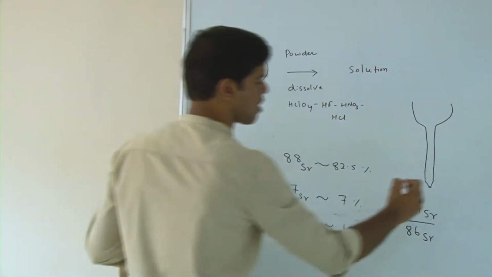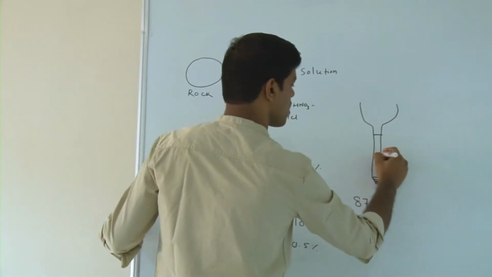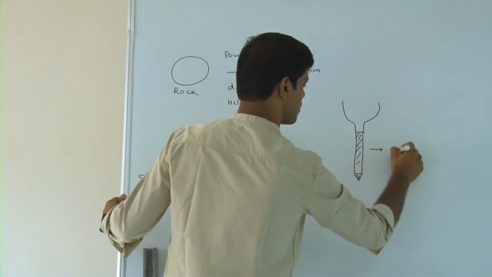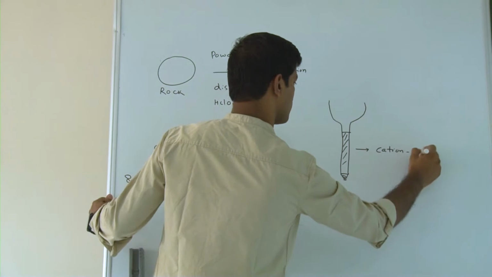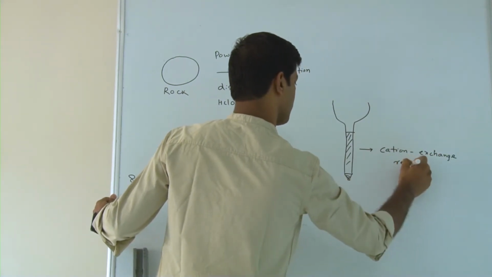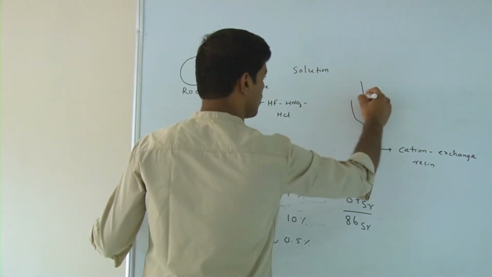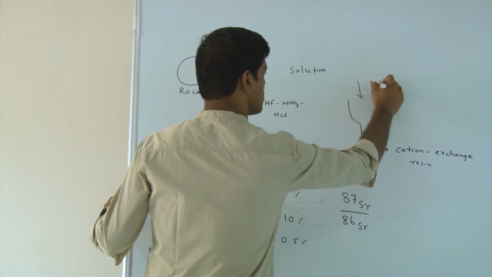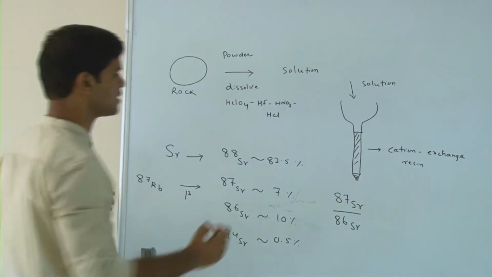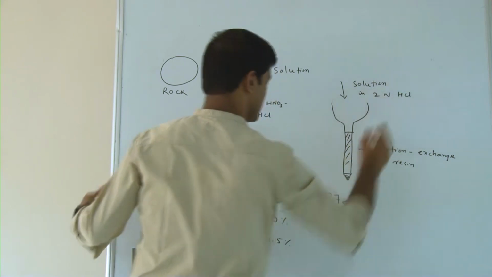In that you put a cation exchange resin, and after this you put the solution. You have to follow a medium, let us say in some form of HCl, let us say it is 2 normal HCl. When you do that,